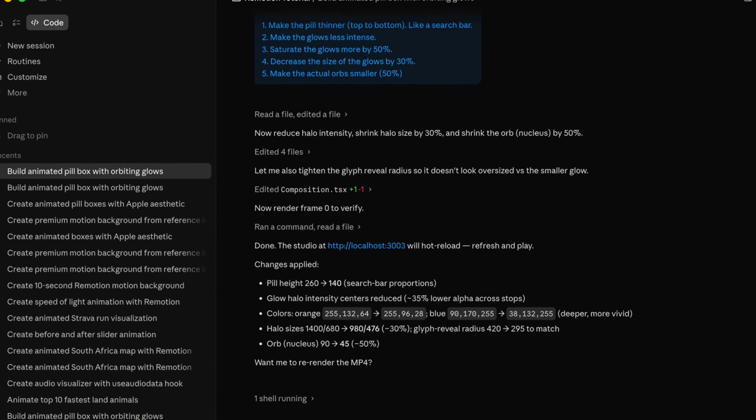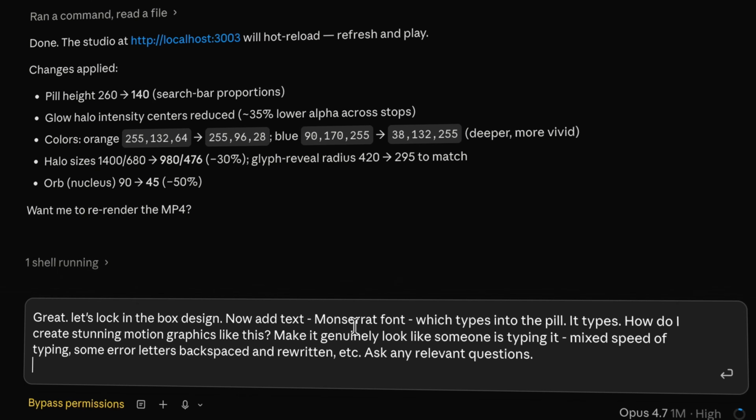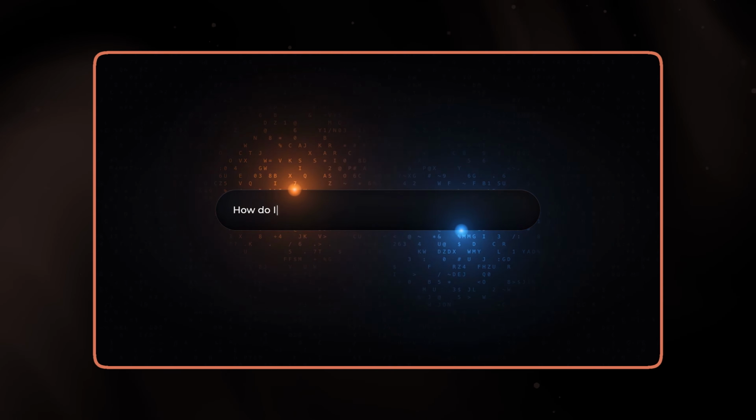In the same project, I'm going to paste a new prompt that says, let's lock in the box design. Now add text, Montserrat font, which types into the pill. And it types, how do I create stunning motion graphics like this? Make it genuinely look like someone is typing. Mixed speed of typing, some errors, letter backspaces, and rewritten, etc. Ask any relevant questions. And if we now play our sequence,